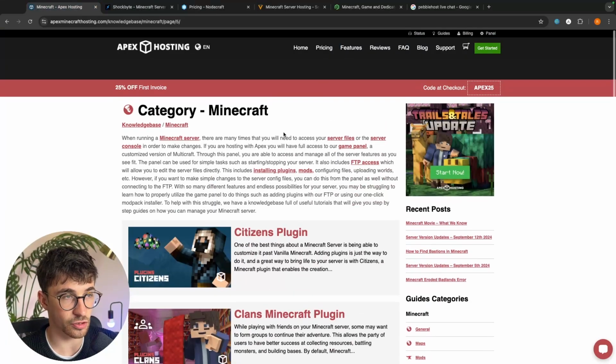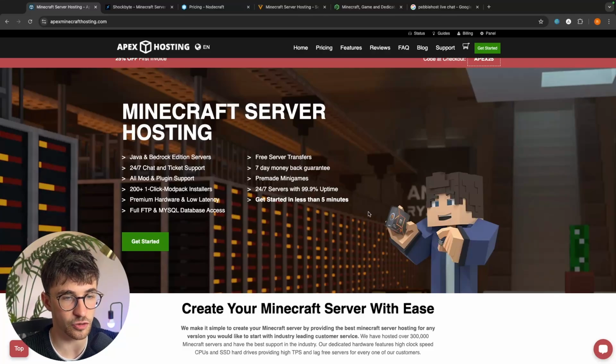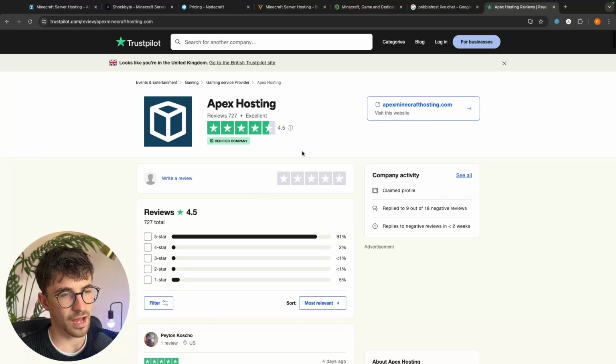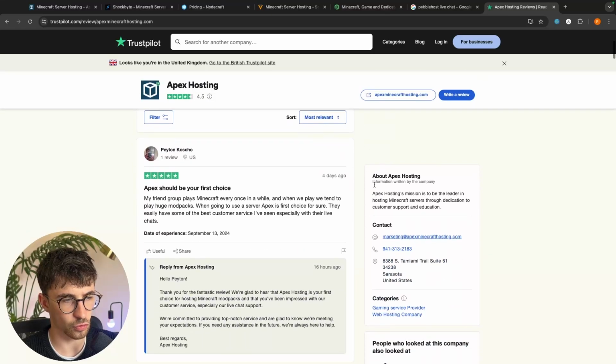And the fact that you can literally purchase your hosting and get this set up in 5 minutes, including any mod packs that you have, anything else that you would like to add, this is a huge pro for Apex in my opinion. Looking at the reviews over here on Trustpilot, they have 4.5 stars, so we can scroll down